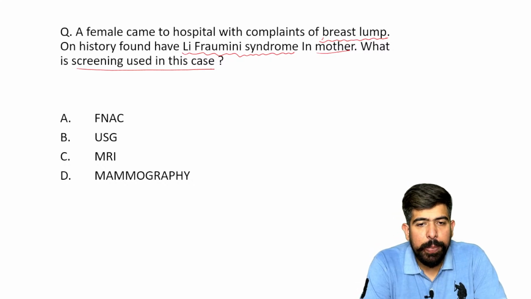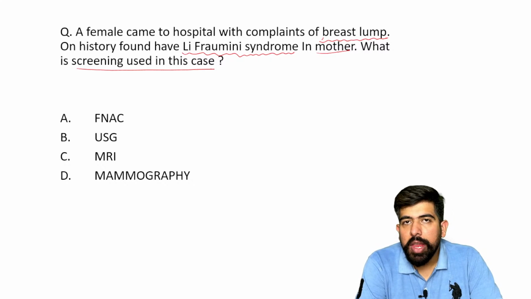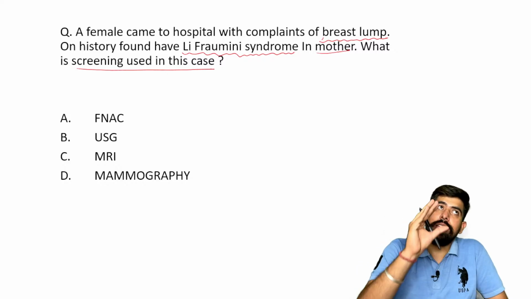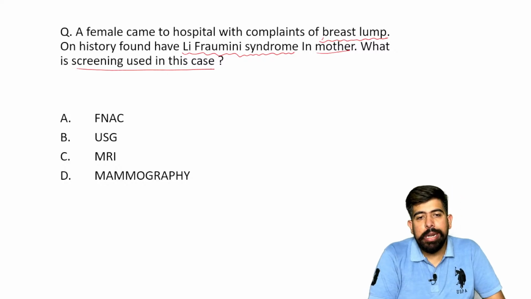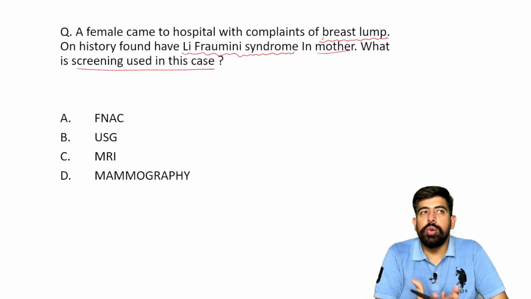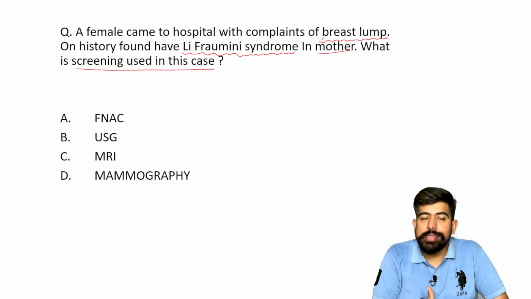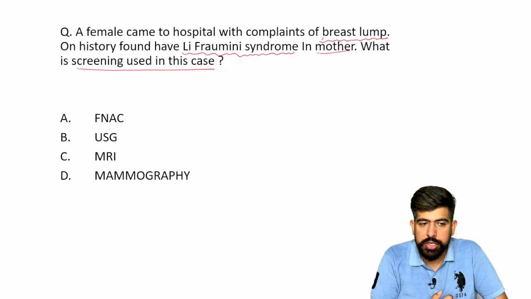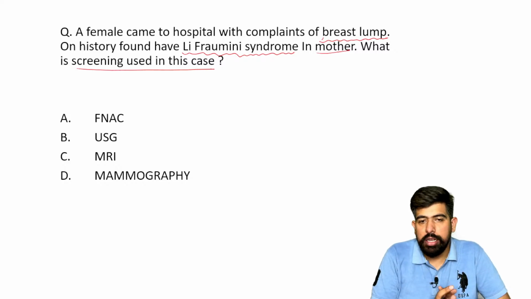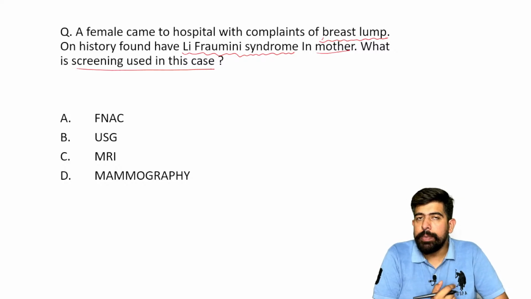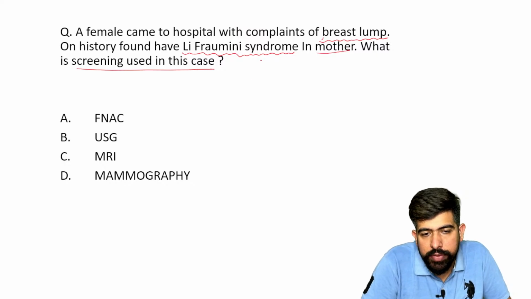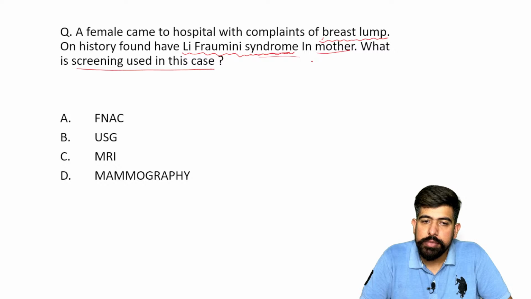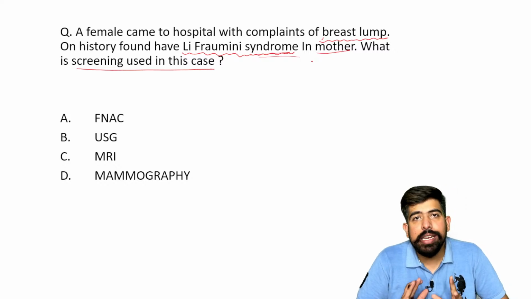Now listen to this part. For a breast lump, we can do USG, but on USG you can only find out whether a lump is there or not. But we can find that out by examination of the patient. Understood? So for this particular female, the history is given that her mother had this, and a complaint is there.